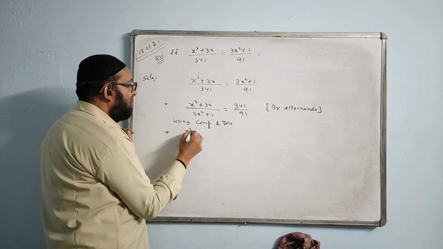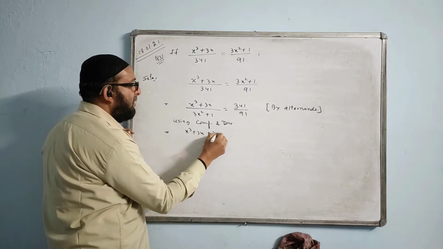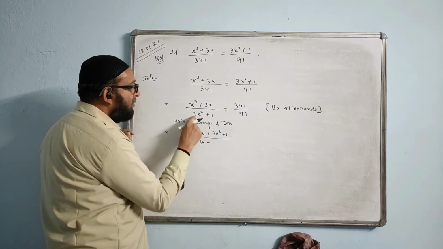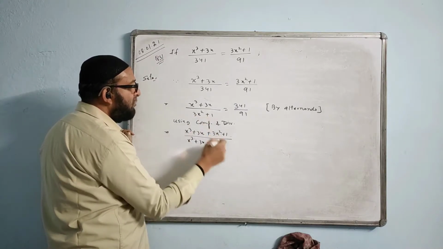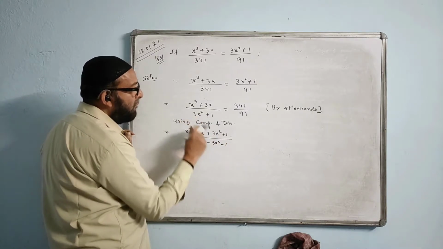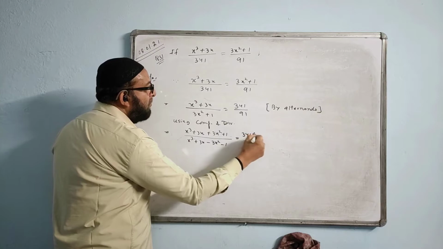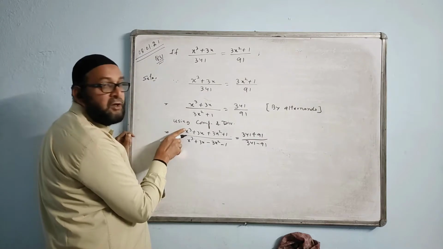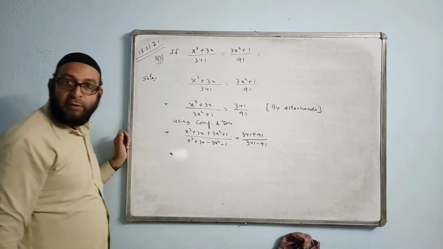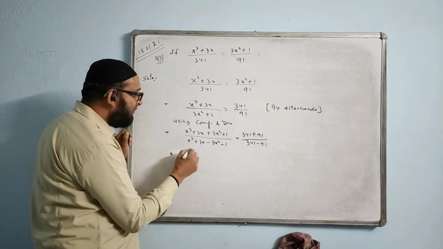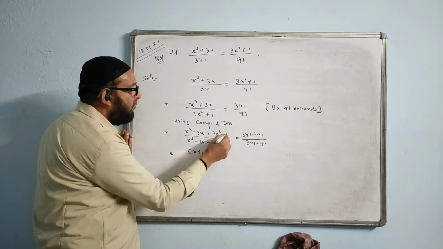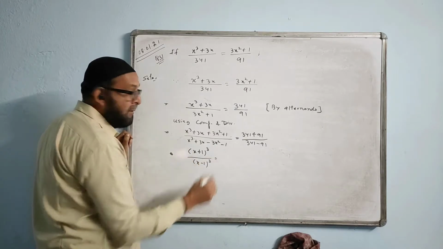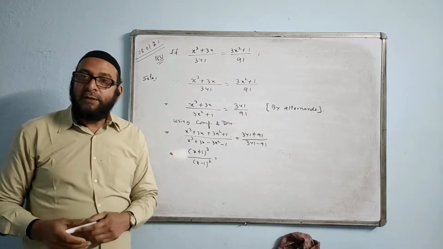This will be x cube plus 3x plus 3x square plus 1, over x cube plus 3x minus of this, minus 3x square. This sign will change to minus 1 because of the minus; you are subtracting. This side will be 341 plus 91 over 341 minus 91. When you see cube, this will go to the formula of a plus b whole cube. Plus sign is everywhere, so you can write x plus 1 whole cube. 1 is 1 cube. And this will go in the formula of x minus 1 whole cube.